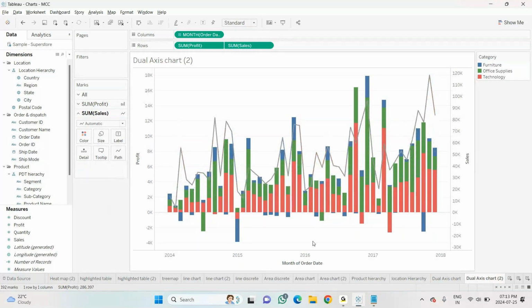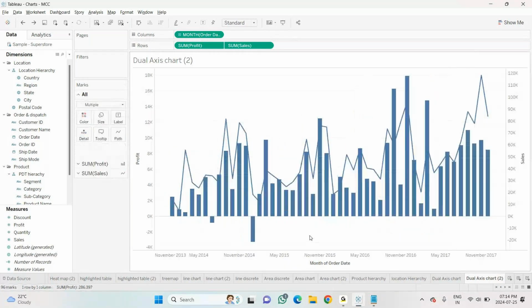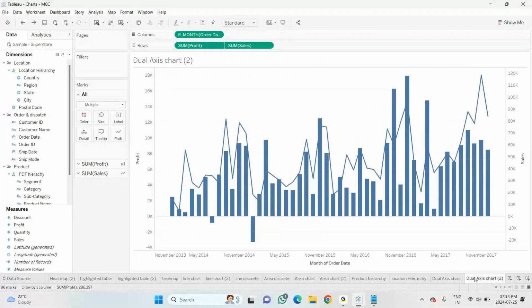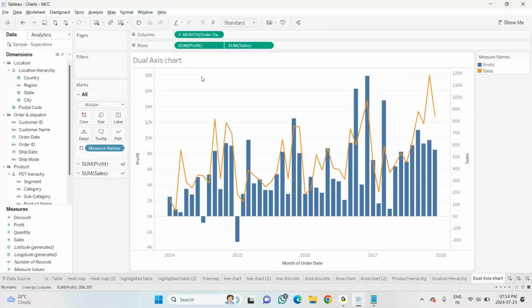Let me show you one more time. What I did is, see, this has the sum of sales based on monthly sales. The dual axis I have just duplicated here. Okay, let me delete it once again and redo it. So for the dual axis, what I've taken is month, profit, sales. Okay, so I've converted it into a dual axis. Only this much I have done.